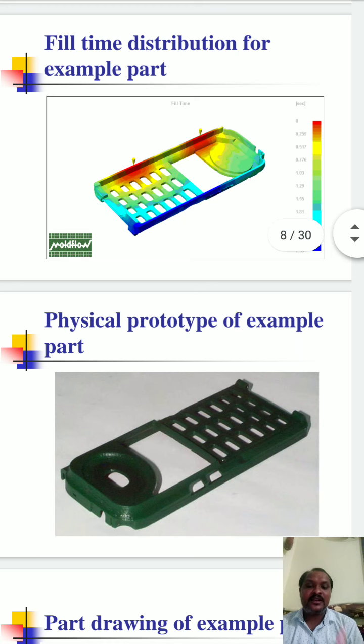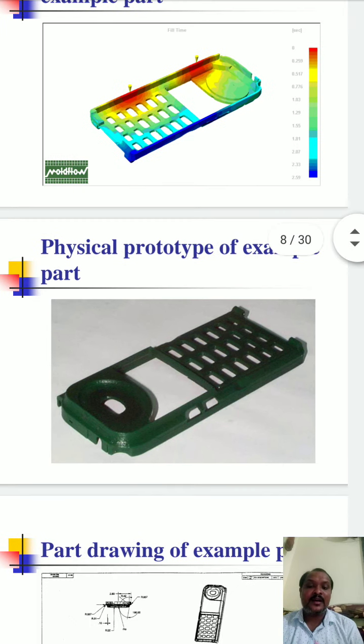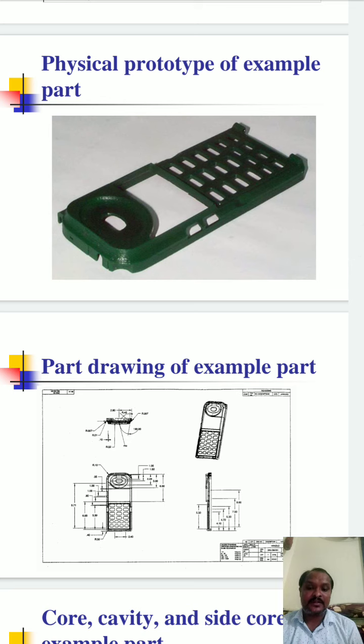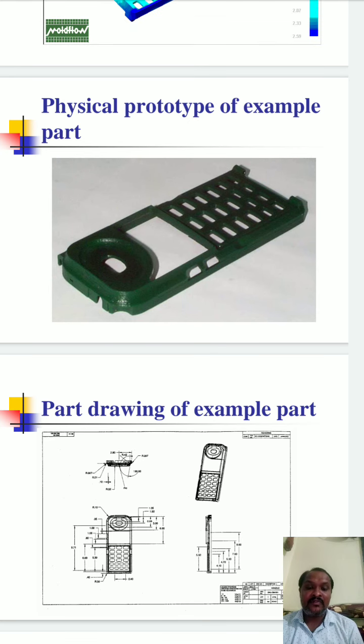So finally, the physical property of that example part. Means here is the analyzing part, then finally you are ready with your final product. All these things come under the CAD, CAM and CAE product life cycle. In the next diagram, the part diagram of the example part, the part diagram will give you the exact dimensions of everything. All these things come under the product life cycle. Clear? The further part we will continue in the next class. Thank you friends.